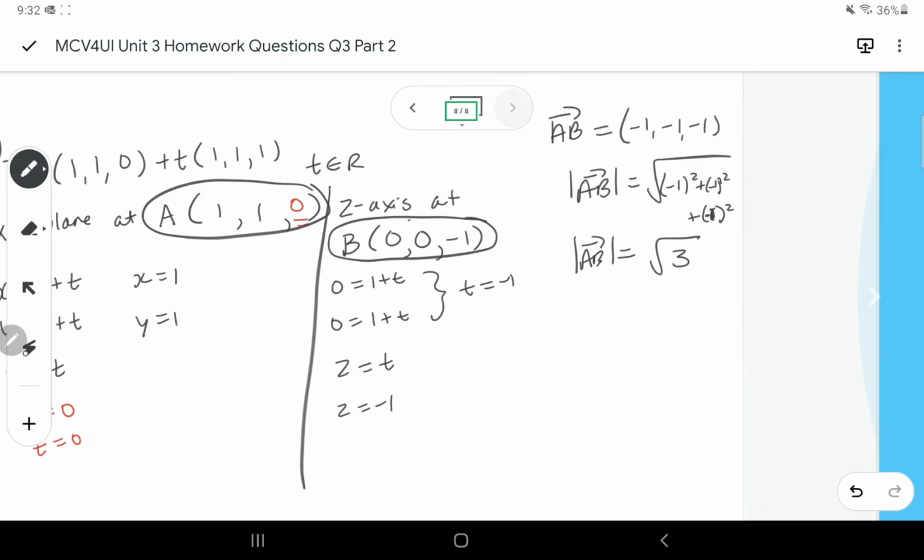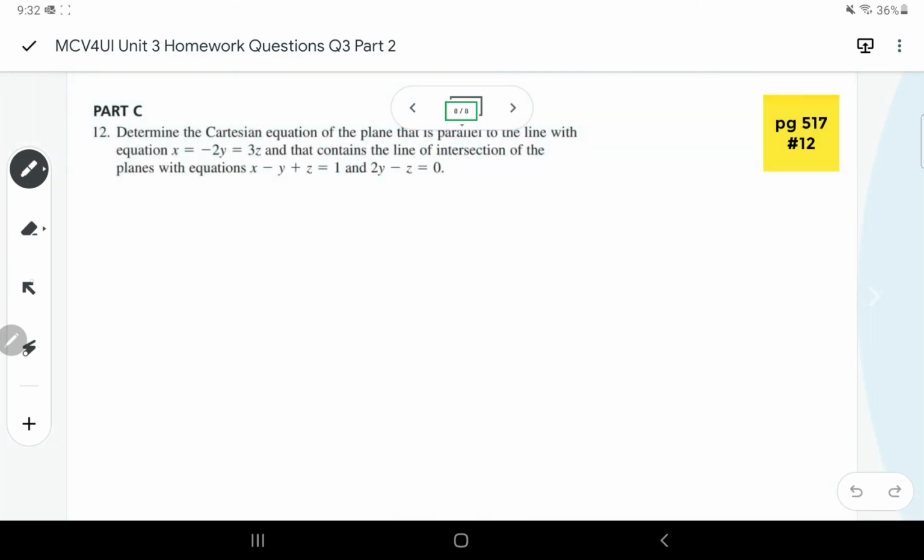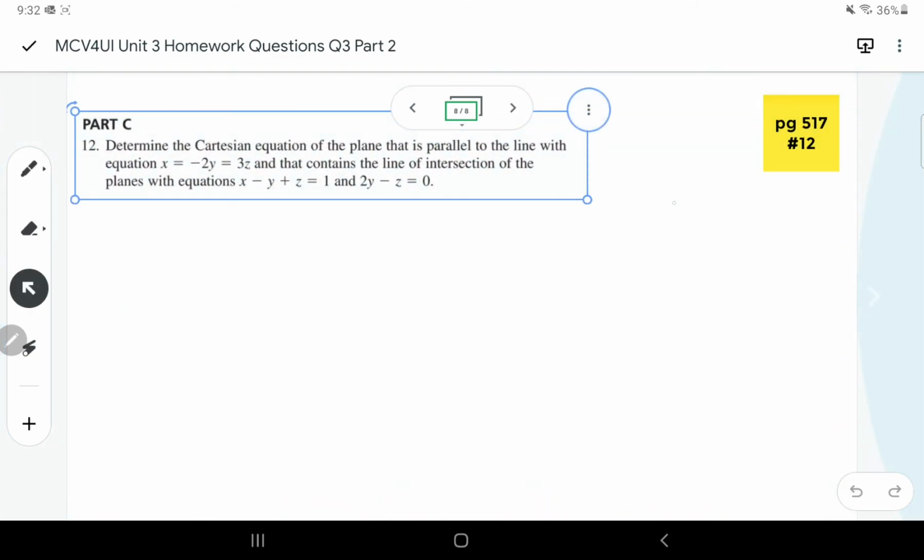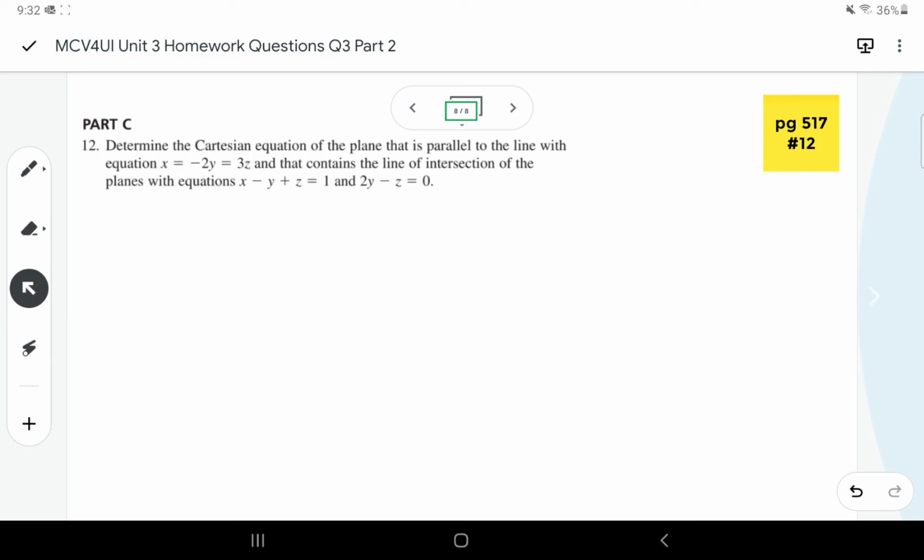And last question. This one says, determine the Cartesian equation of the plane that is parallel to the line with this equation and contains the line of intersection of these two planes. Okay, so